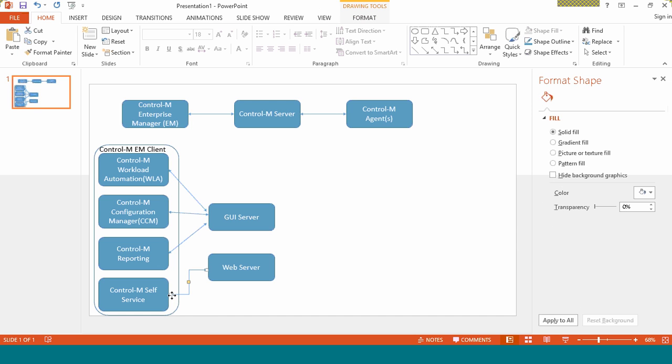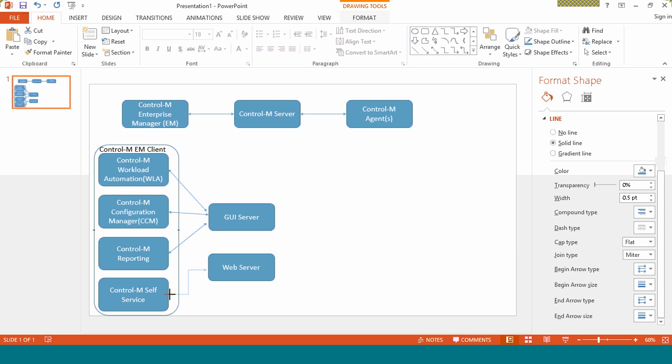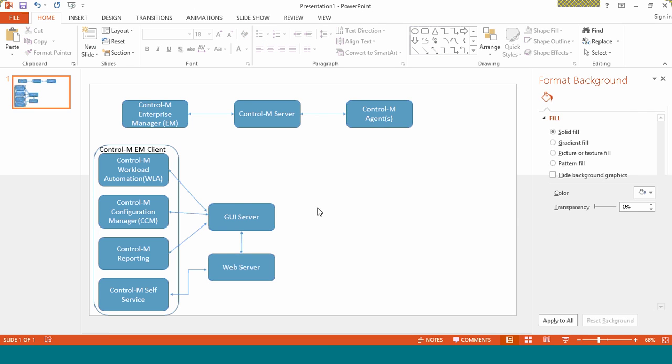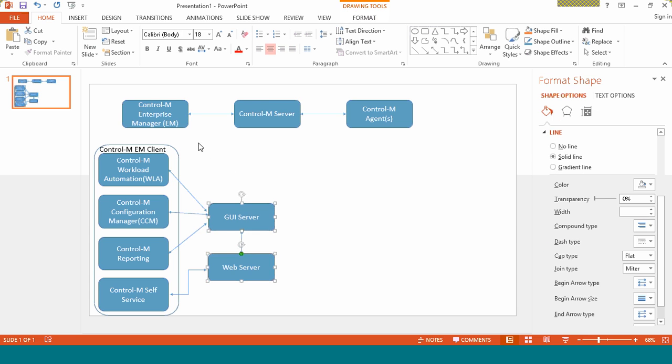So this is how Control-M self-service requests are going to be passed to the GUI server. Okay, so you can call these components Control-M server components,